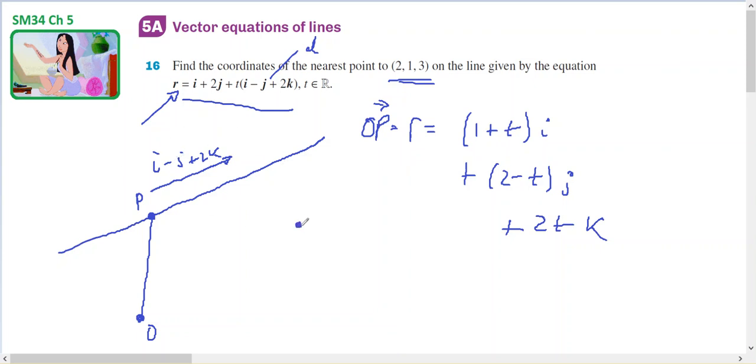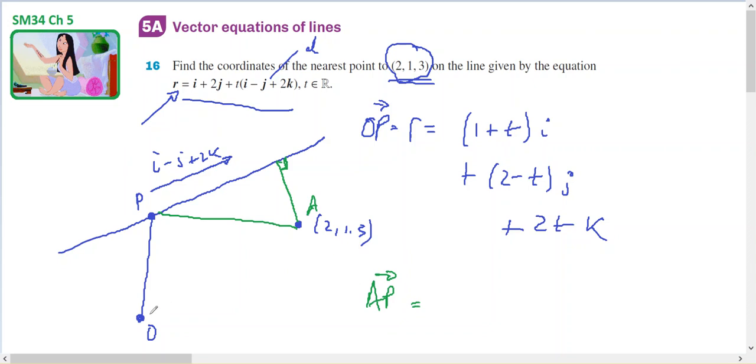I've got this point here, which is (2, 1, 3). And this point here is the point where I need the nearest point to the line. And the nearest point to the line will be straight there, where that's a right angle. So if I get the vector A to P,